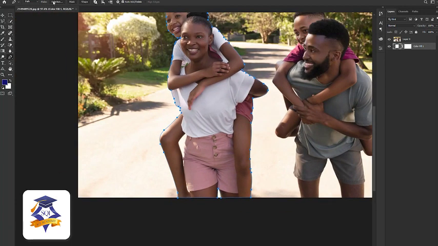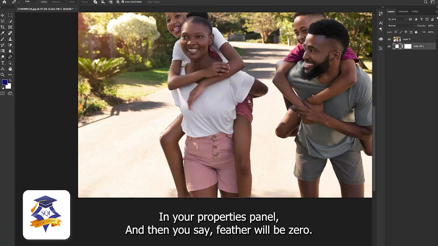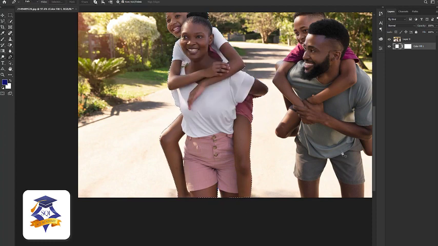Properties panel, selection, and then you see feather has to be 0. Okay. Then with that, you